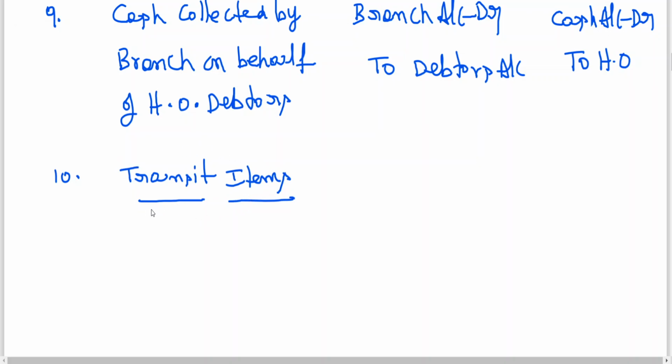Goods sent by head office but not received by branch. Cash remitted by branch but not received by head office. These two are very famous. I repeat once again, goods sent by head office but not received by branch. Second transit item can be cash remitted by branch but not received by head office. Before year ending, important. Reconciliation term we use before year ending, when the transaction has not taken place. That is how to deal with this. We'll be learning this.